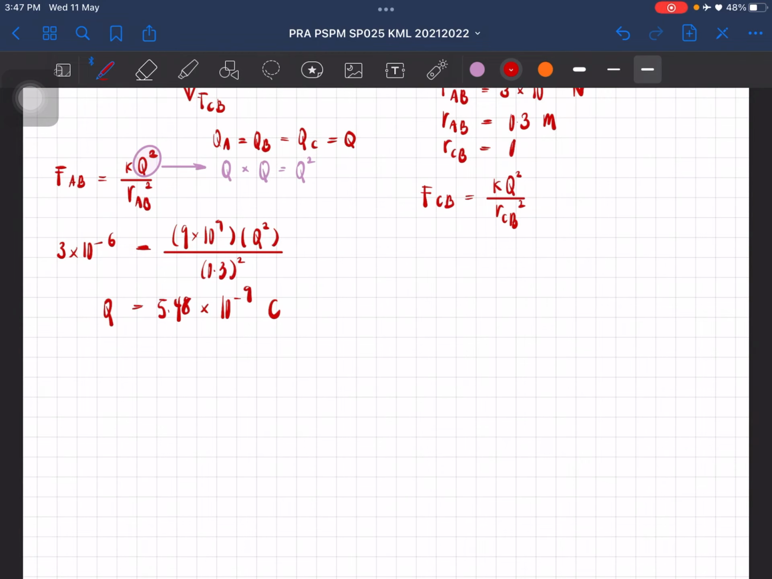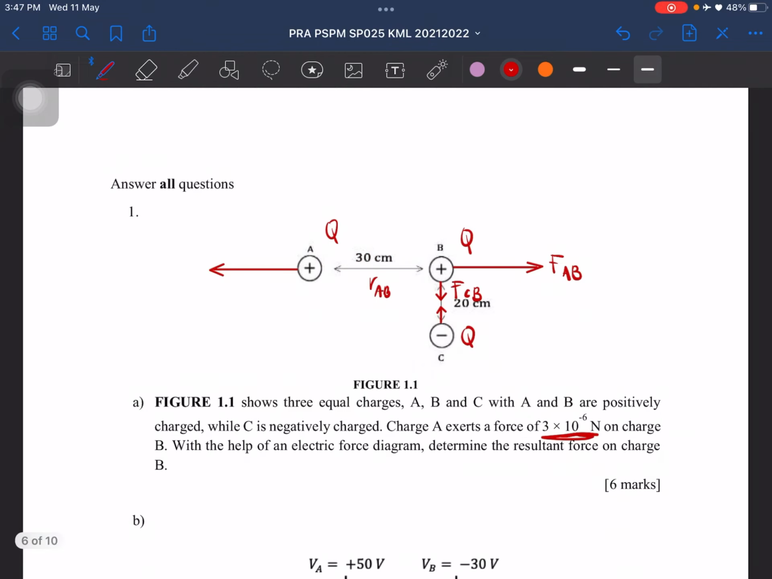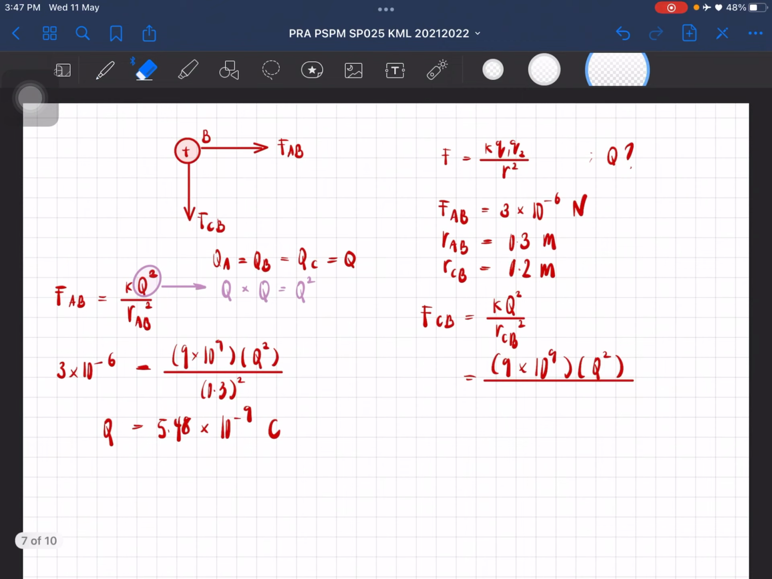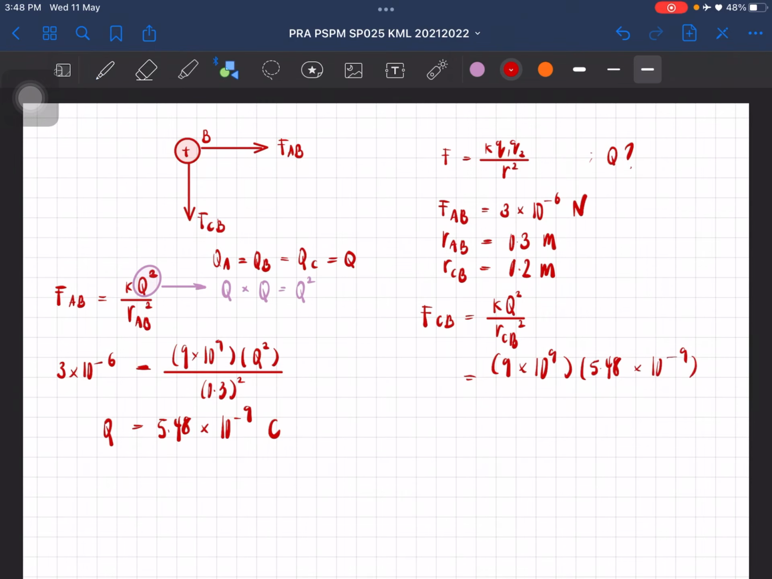RCB, which is 20 centimeter, kan? Yeah, 20 centimeter here. Okay, so we got that, and again you need to write down this lah supaya kamu dapat markah for substitutions. But it is only valid if you have the correct answer untuk that questions lah. Okay, so this is we get Q already, which is 5.48 times 10 negative 9 divided by